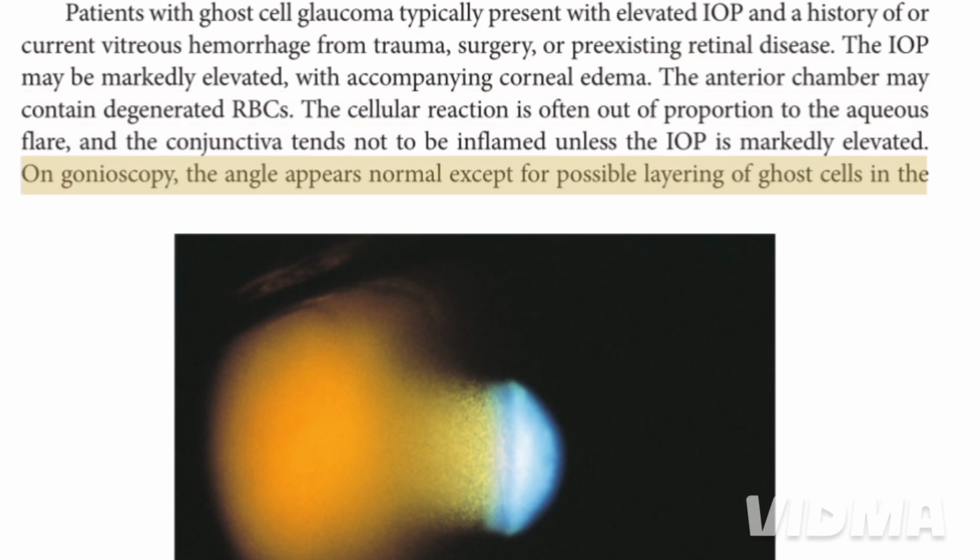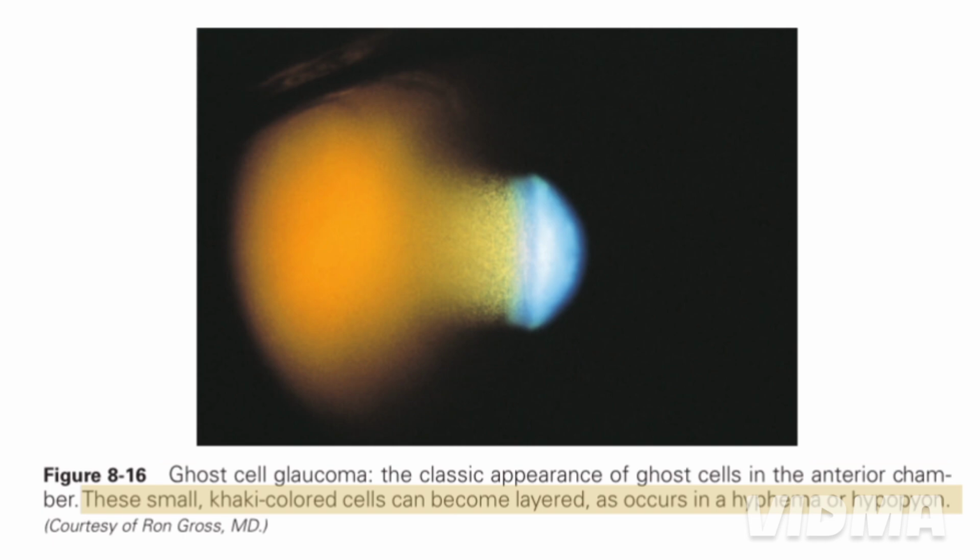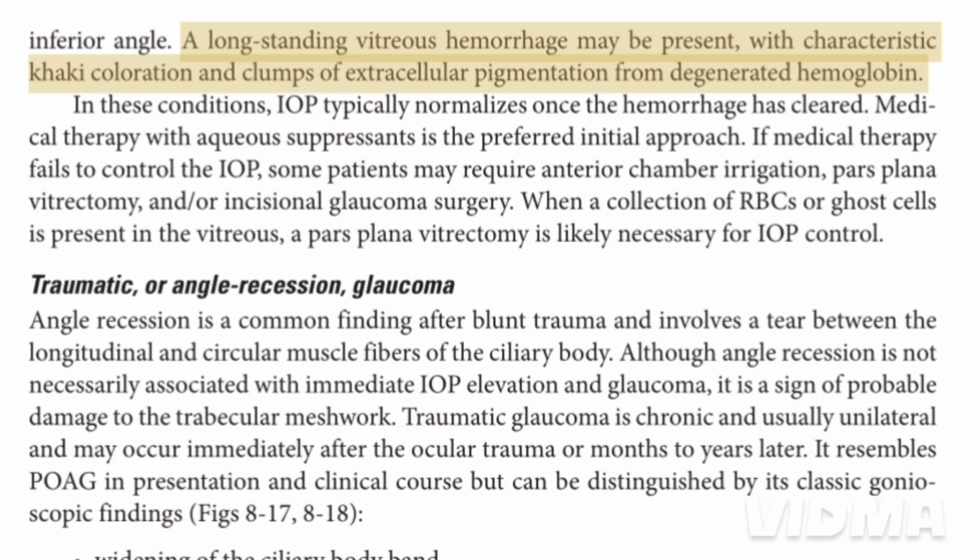On gonioscopy, the angle appears normal except for possible layering of ghost cells in the inferior angle. Figure 8-16. Ghost cell glaucoma, the classic appearance of ghost cells in the anterior chamber. These small, khaki-colored cells can become layered, as occurs in a hyphema or hypopyon. A long-standing vitreous hemorrhage may be present, with characteristic khaki coloration and clumps of extracellular pigmentation from degenerated